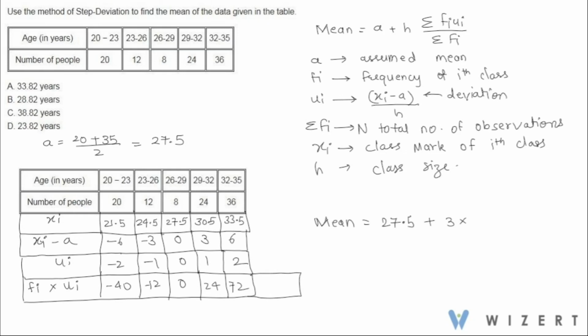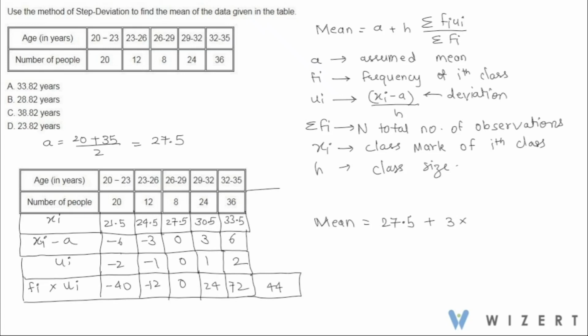Minus 52 plus 24 is minus 28, and minus 28 plus 72 is 44. So the total is 44 here,